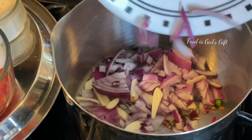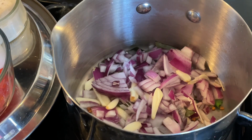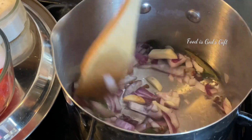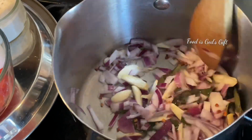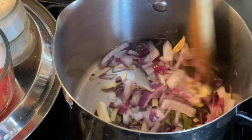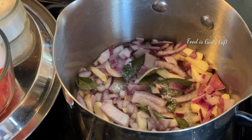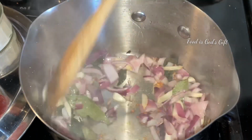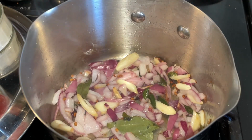So it smells already good, the fenugreek has its own aroma, and once you add the garlic, onion and curry leaf, it smells so yummy here. Give a nice saute until it sweats, and you can see that it's giving a nice change in the bite. It will reduce. So once it's a little cooked, then we can add salt, and it will cook faster. So once it's a little brown, I'm adding that